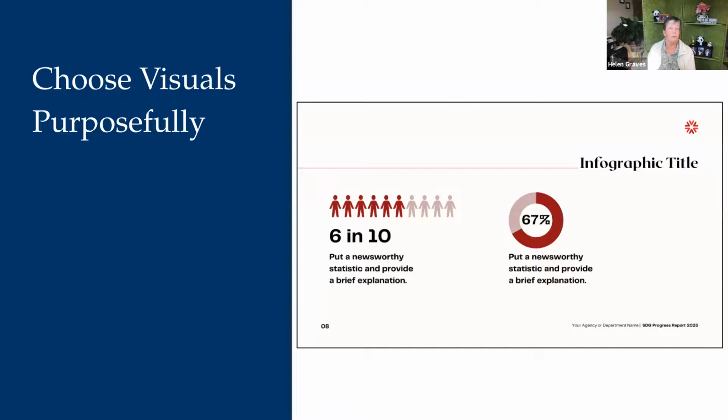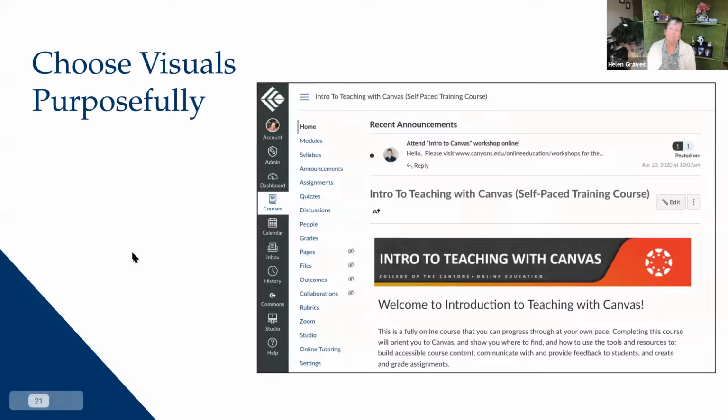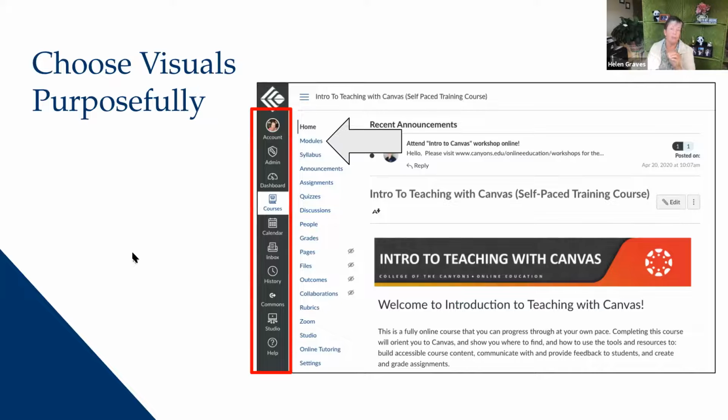If you have a lot of information to share, don't squeeze it into a single screen. Do it over multiple slides or screens. And if you're doing a screencast demonstration, how to navigate Canvas, for example, use arrows and boxes to focus your students' attention on the right thing. You don't have to become a trained graphic designer, but a few basics like these things are going to increase the watchability of your videos.